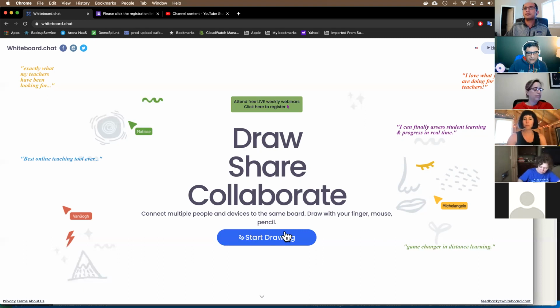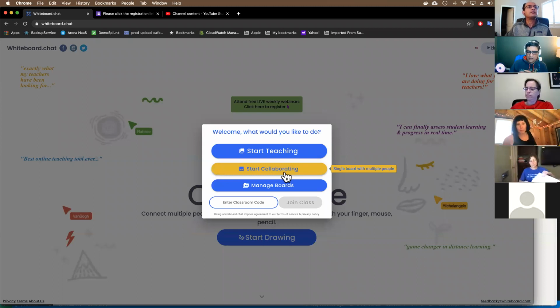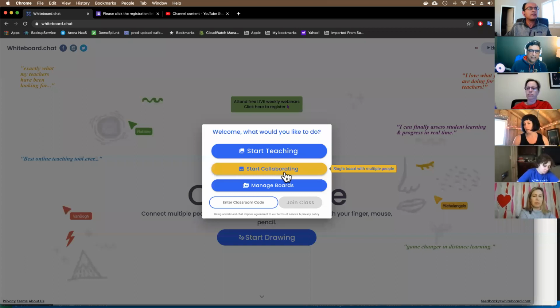And so it's super easy to start using it. You just click the start drawing button, right? There are two modes. One is start collaborating mode, which is like any other whiteboard that is out there. Everybody ends up on the same page. You can write over each other, you can collaborate, but you can even erase each other's stuff and all of